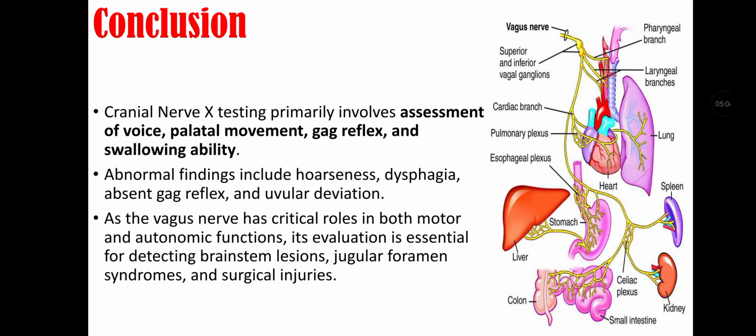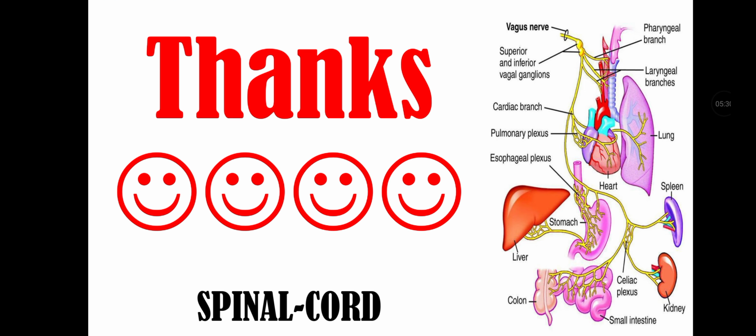Conclusion of this lecture video. Vagus nerve testing primarily involves assessment of voice, palatal movement, gag reflex, and swallowing ability. Abnormal findings include hoarseness, dysphagia, absent gag reflex, and uvular deviation. As the vagus nerve has critical role in both motor and autonomic functions, its evaluation is essential for detecting brain stem lesion, jugular foramen syndrome, and surgical injuries. And this was all about vagus nerve